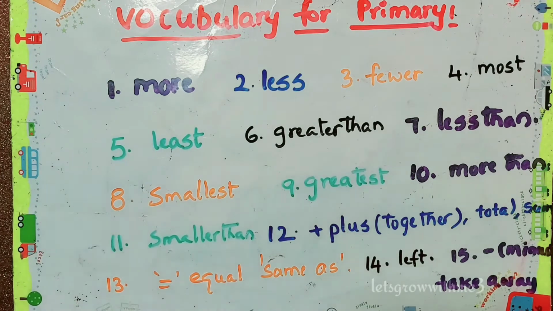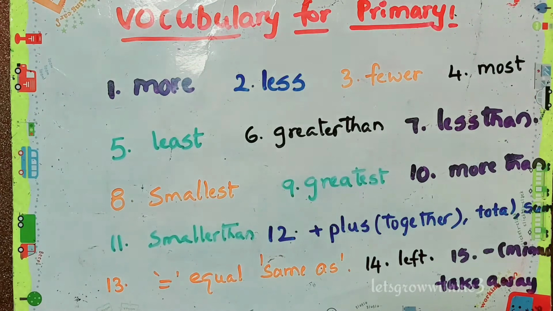Next we will see the terms most and least. When we are dealing with most and least, we have more than two objects. We have a group of objects, and when we are comparing this group of objects, we use words like most and least. Now we are comparing things between a group of objects. Which one has the highest number of elements, we say most, and which one has fewer elements, we say least.